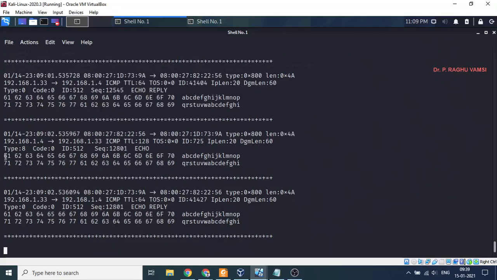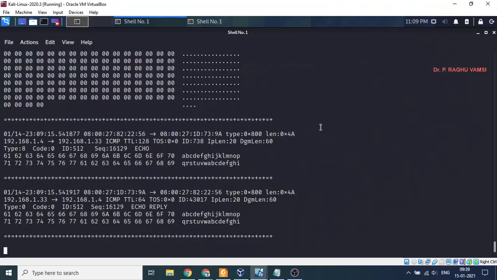Here there is no user data because I am not browsing or anything. Usually user data is the application layer data. That means you are supposed to browse something from the internet, then only application data will appear.